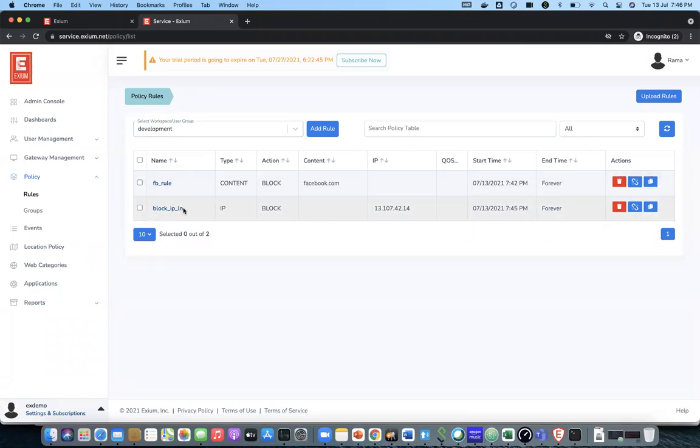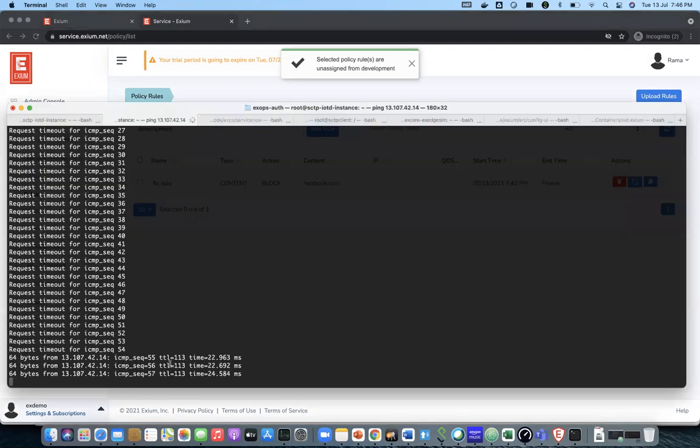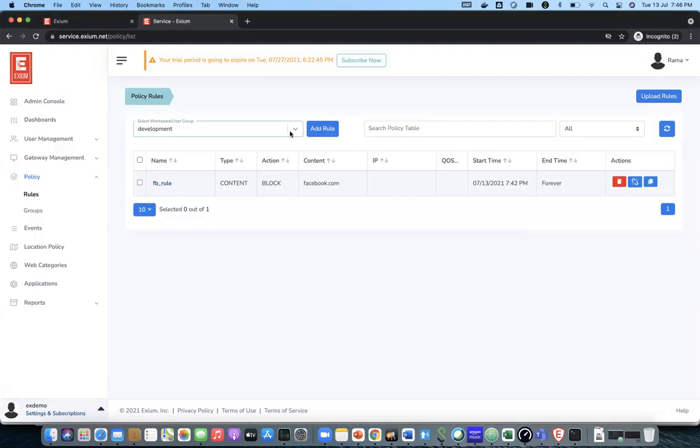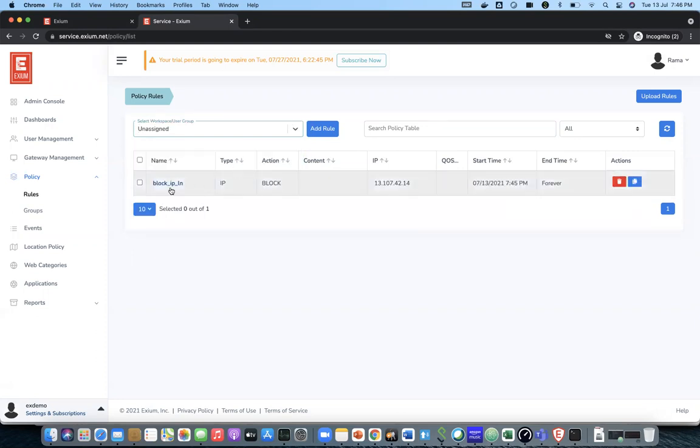The administrator can also unassign this particular group; here you can see there is an unassign. The moment I unassign it, the policy is removed from that group, and the client is able to access that IP again. All the unassigned policies can be seen here.